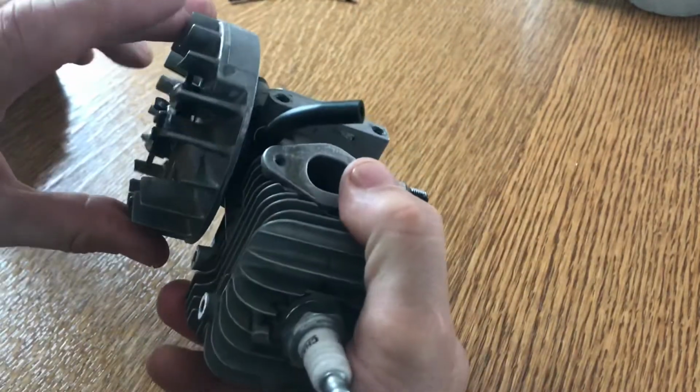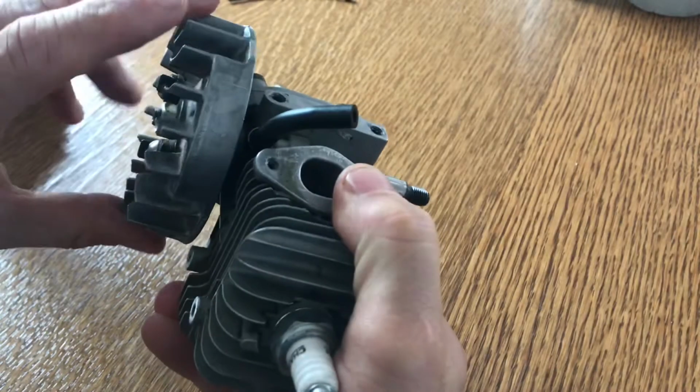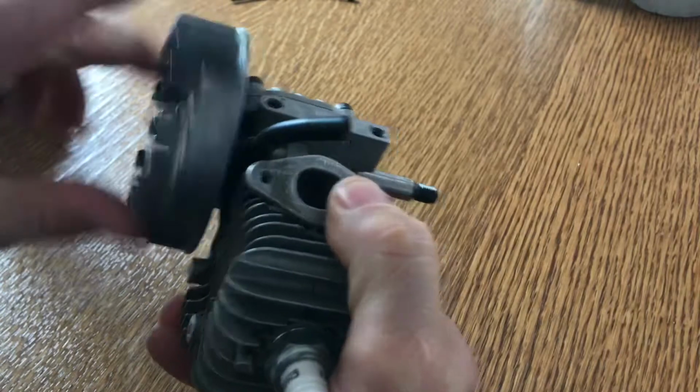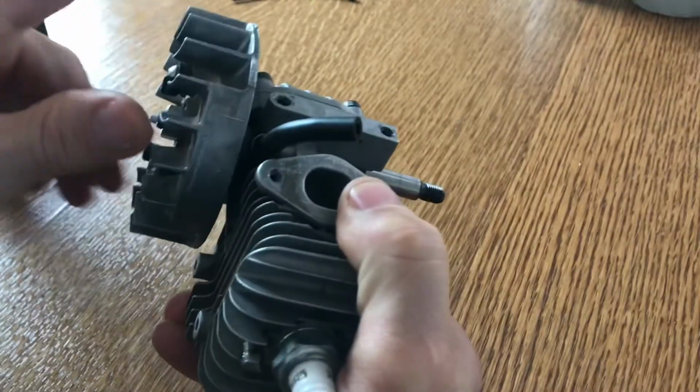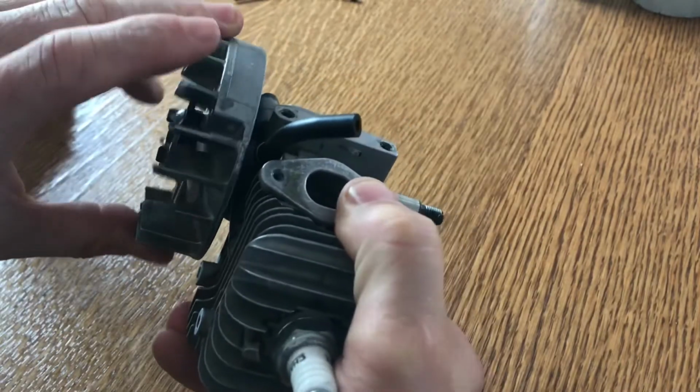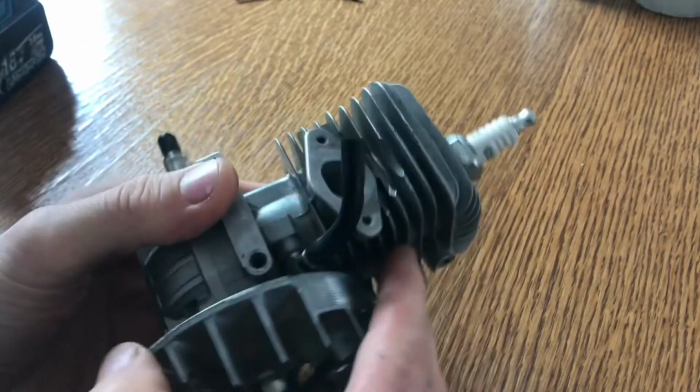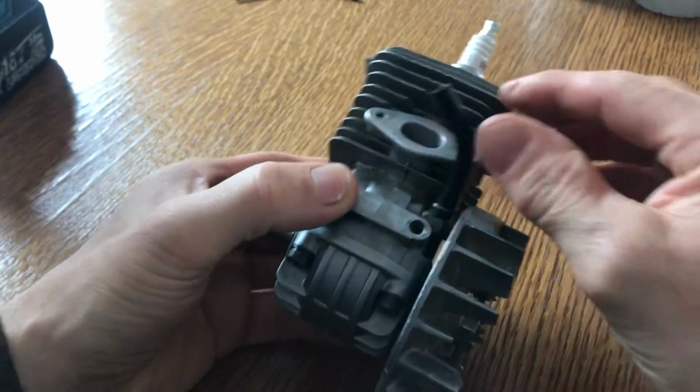Oh yeah, that's really good compression now. That's good. So that has solved that problem. So this beast is going to run. It will be a beast, hopefully, when we finish with it. Yeah, that's good. Okay, so now while we're here, let's move to